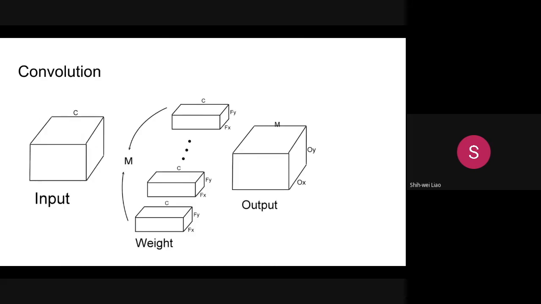Okay, let's talk about the convolution. Here is the recap. You have a number of channels here, and you have M filters. In our example earlier on, you have 512 filters producing 512 channels. And in our case, Fx and Fy are 3 by 3. They are our weight matrix. So the convolution matrix is 3 by 3, and the output is 7 by 7